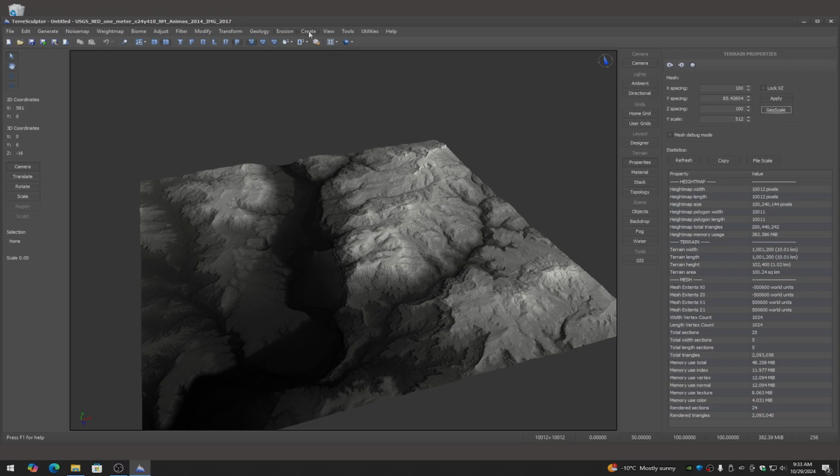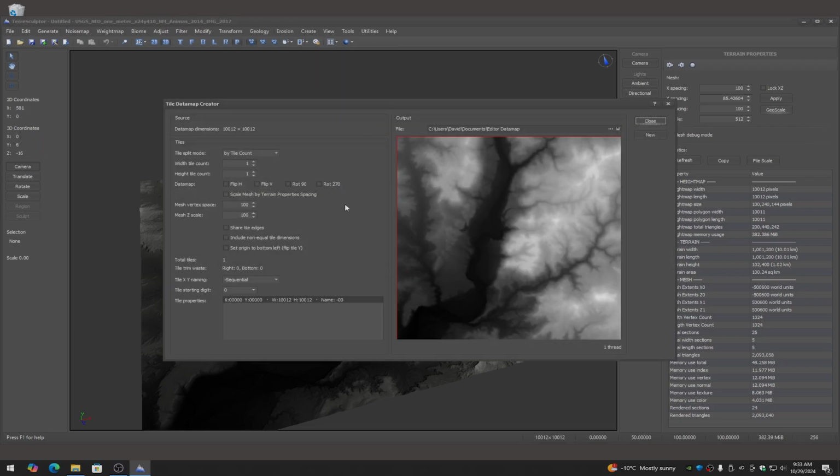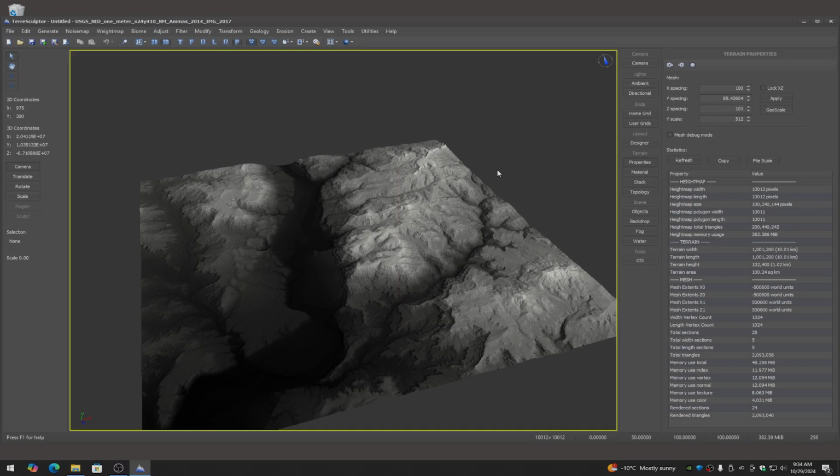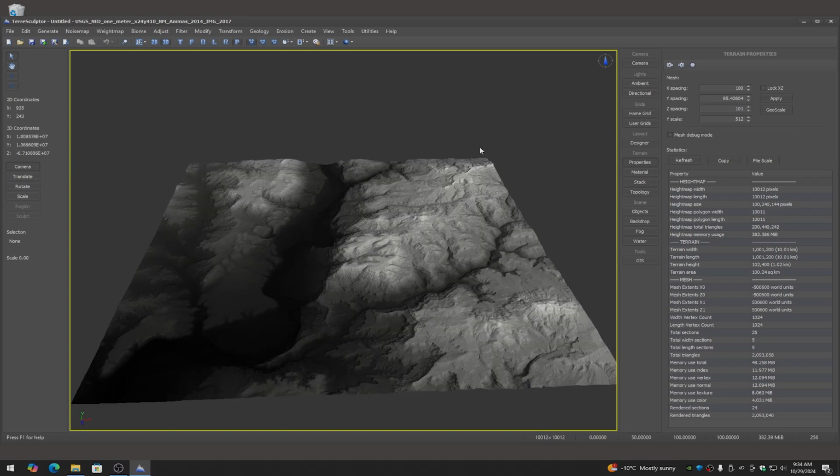And also when you go to create TIN tiles and use the scale mesh by terrain properties for creating TIN tiles or to export OBJ meshes, and you want to scale by the terrain properties, it uses these exact values that you've entered in here to scale the mesh data for the TIN or for the OBJ file for the mesh. So just keep in mind, the basic bottom line of it is file formats like PNG and TIFF do